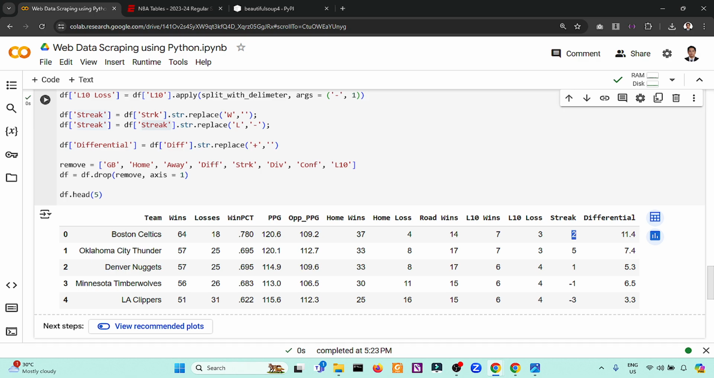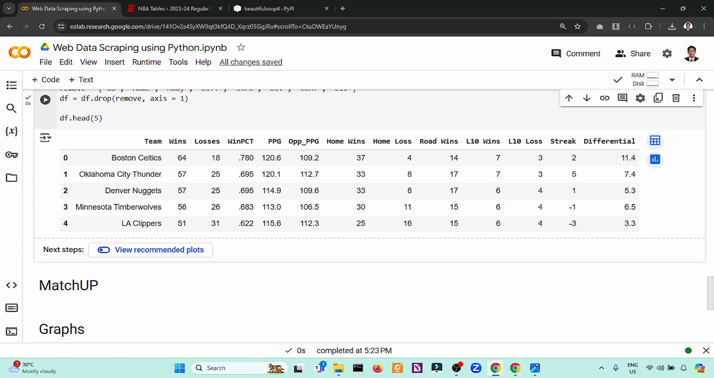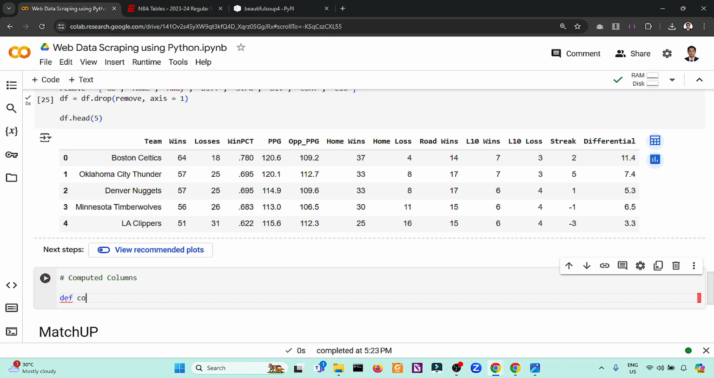So we remove the W and replace it with a blank. Okay, so these are all now numbers. So if that is already numbers, we can compute some statistics based on existing data. So for example, how about we compute the winning percentages? So for example, computed columns. So I will define a function for that. So compute